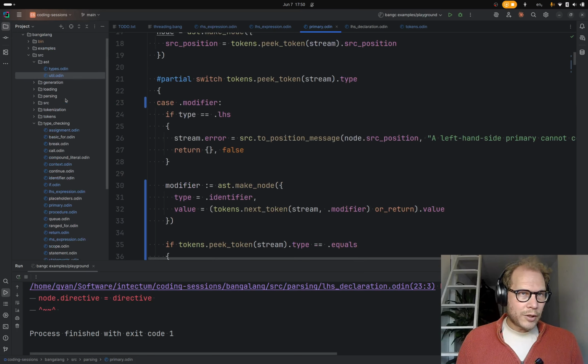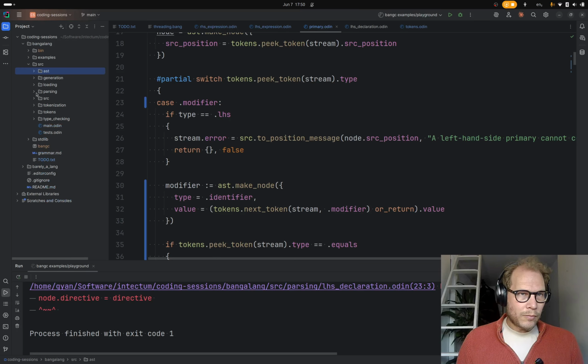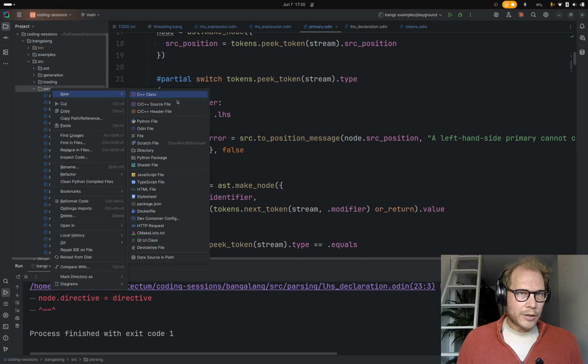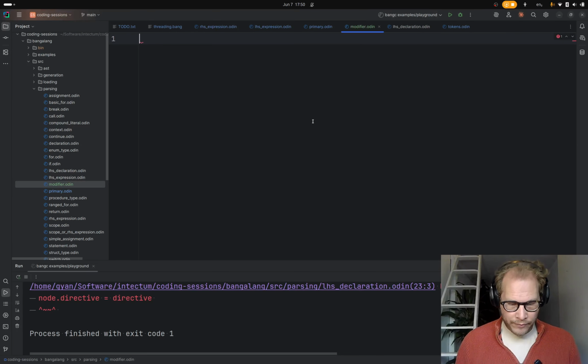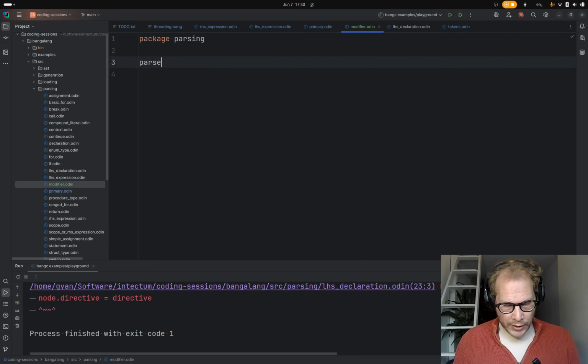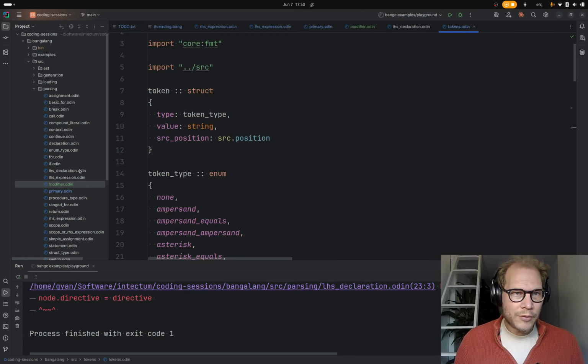So let's have, in parsing, let's have a new file, modifier. And it'll be parse modifier. Haven't made a parsing function in forever.